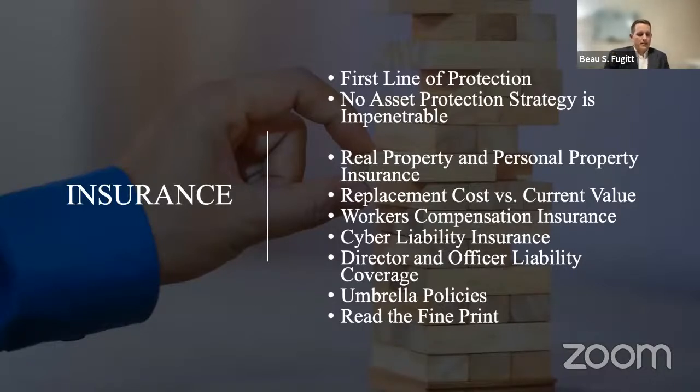Okay, so next, director and officer coverage, also known as D&O coverage. This is insurance against the actions or the inactions of the corporate directors and officers. There are generally three types. There is what we refer to as A-side coverage. A-side coverage covers the directors and officers from the wrongful acts that they committed in their capacity as officers and directors that the company doesn't indemnify them against, right?